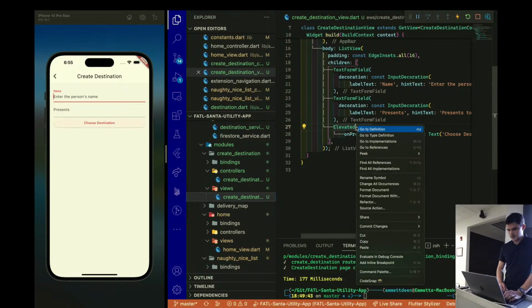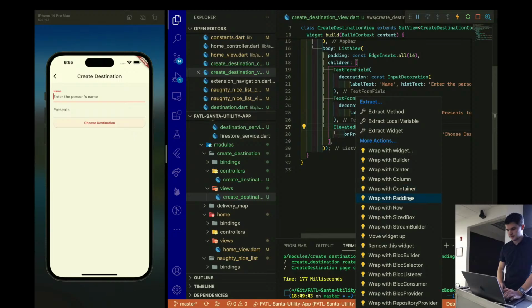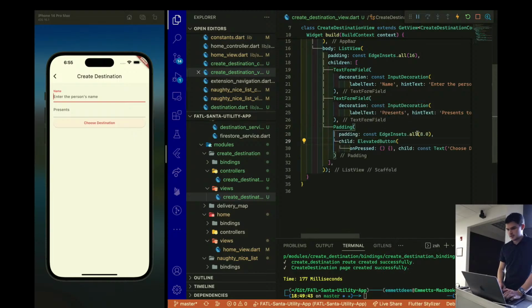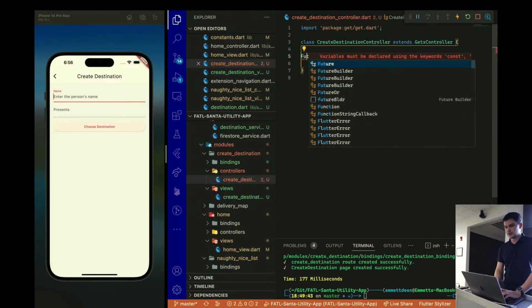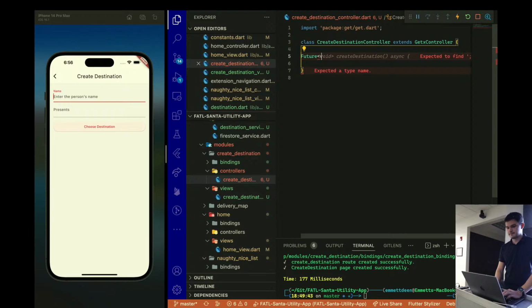And then let's actually add a little bit of padding to make this a little bit nicer. Only, caps lock. Only top. And then we'll do 16. So this just spaces it out a little bit, and then we want all of our business logic really to be separated into the controller. So let's add a function in the create destination controller. Pick destination,